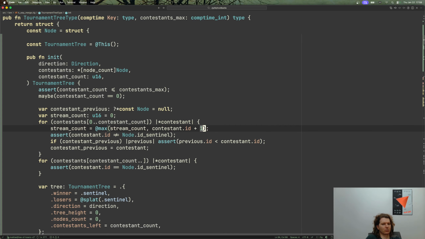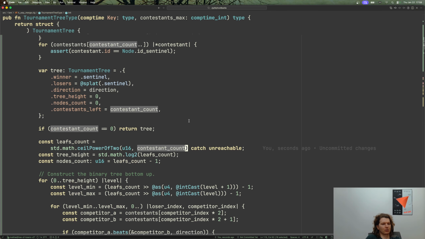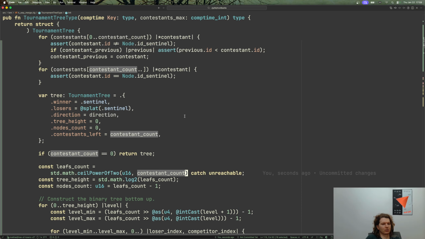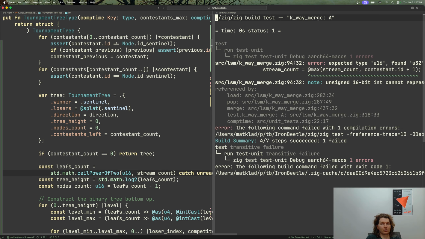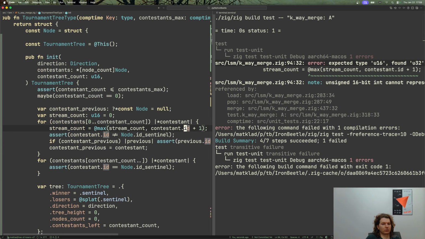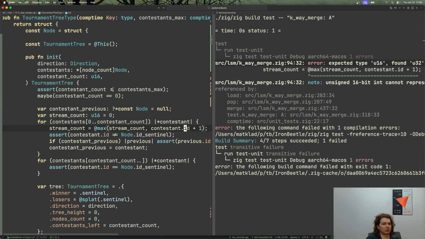Count plus 1. And then here I change this to string count, and then it should work. So consistent. Okay, let's say